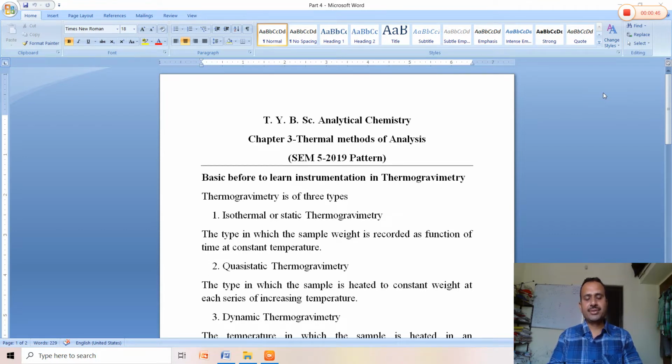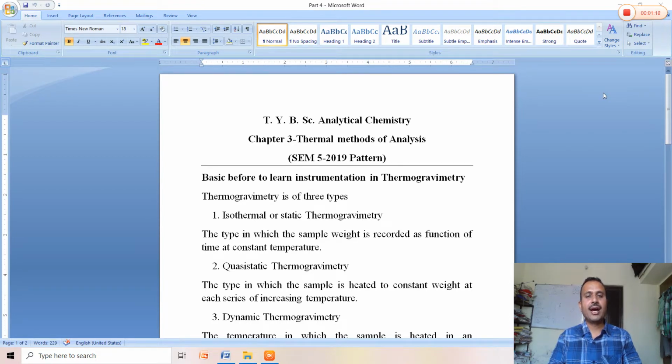Thermogravimetry is of three types. There are three types of thermogravimetric analysis: isothermal or static thermogravimetry, quasi-static thermogravimetry, and dynamic thermogravimetry. Isothermal and static have one and the same meaning: isothermal or static thermogravimetry. Dynamic thermogravimetry is also called non-isothermal thermogravimetry. So we are going to learn some basic concepts like the definitions of these branches, or types, of